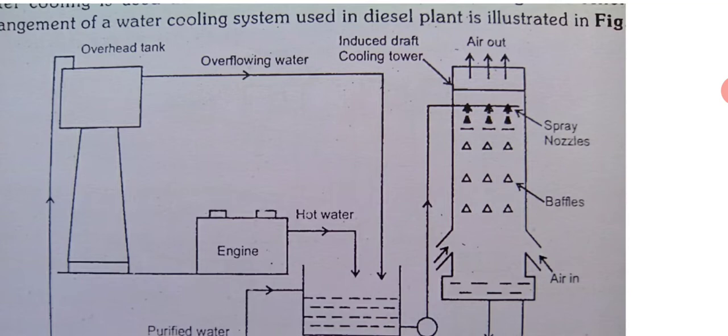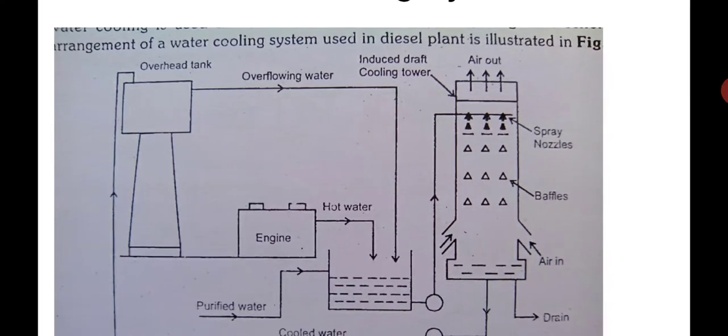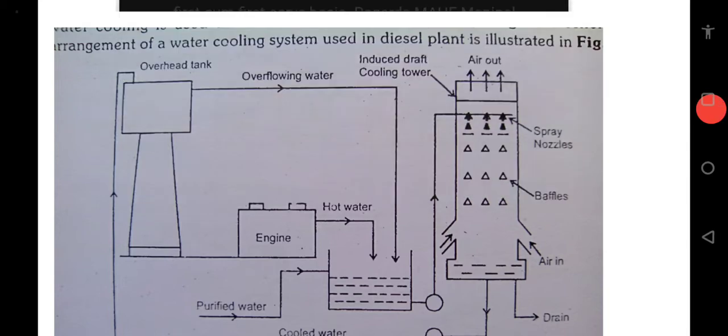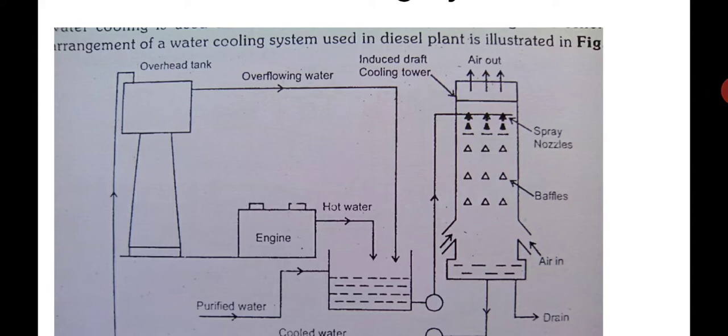Due to the temperature difference, the water gives away its heat to the air. Air may be around 30 to 40 degrees centigrade, and water may be around 80-85 degrees centigrade, so there is a lot of difference, 40-45 degrees. The hot water gives away its heat to the cold air. This cold air becomes warm and goes to the top. In this process there is also almost 3 to 5% surface evaporation of water. So this is a cooling tower, and once the water falls down, it is cold now.